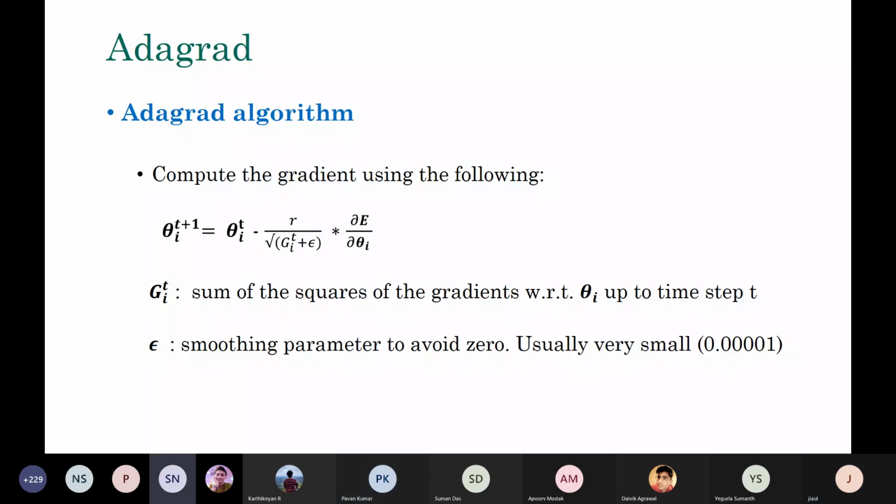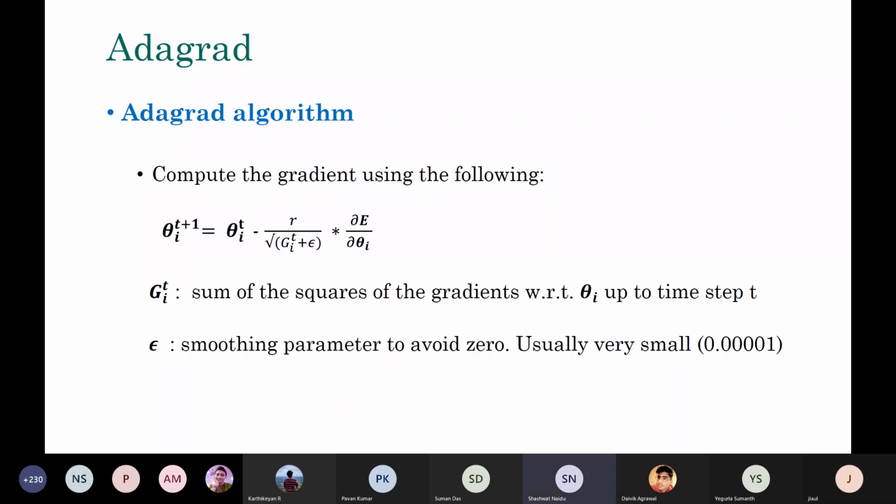Go ahead. Suppose we have three parameters, theta 1, theta 2, theta 3. For theta 3, when we're updating, we'll take the sum of gradient squares of theta 1 and theta 2, like del E by del theta 1 square plus... No. G_t,i actually has an index called i, so it's only corresponding to that particular parameter. So for theta 1, when you are computing G for theta 1, you only use the past gradients of theta 1 only. Similarly, for theta 2, you only use the past gradients of theta 2 only.